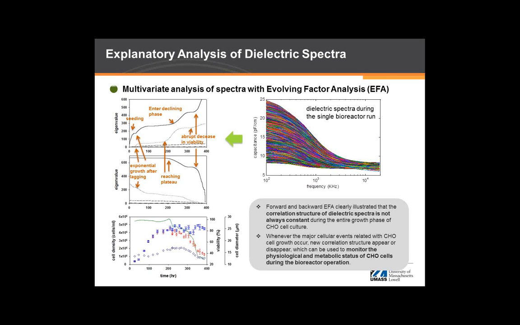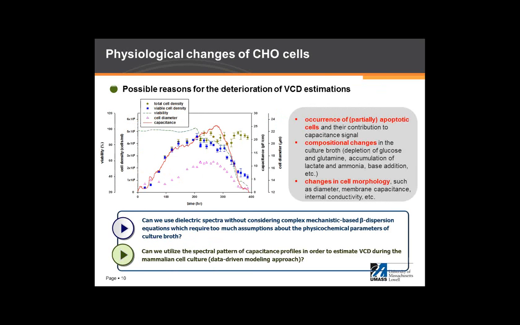So all those cell growth cycles can be captured quite well by this factor analysis, which is based on the full spectrum of the dielectric spectroscopy. This indirectly indicates that we need to look at the whole spectrum instead of the dielectric spectral value at a specific frequency. Then we looked into why this dielectric spectral value is happening, and based on that, why capacitance values are changing.